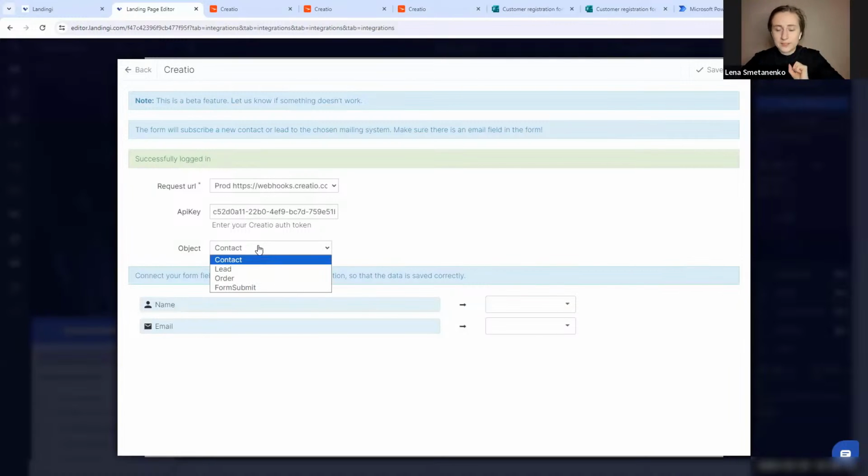Right now, I have 4 in the list. I'll show you how to expand that. We are not limited to just these 4. For marketing purposes, we're mostly using contacts, leads, and form submit. One of the objects that I would recommend, if your purpose is marketing or any sort of marketing related activities, form submit is one of the best objects to work with, just because it already has pre-built logic in the system, business processes that ensure that if you create a new